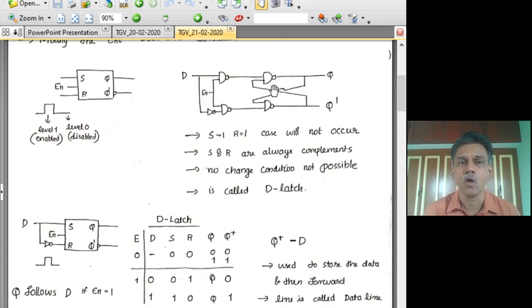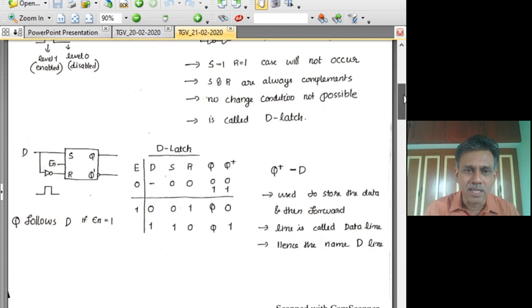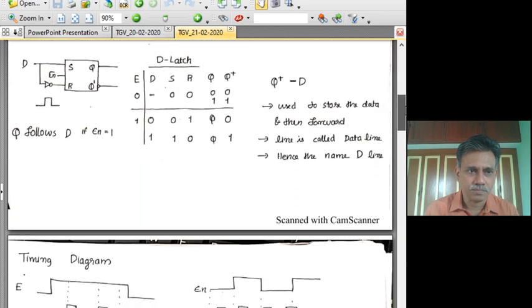The last value of Q is frozen and it is kept. Or we say that this latches to the last value and holds it until E becomes 1 again and the latch is enabled. So that is why the word latch comes into the picture. It latches on or holds on to the last value before the transition takes place and it is disabled. So we call this the transparent D latch.